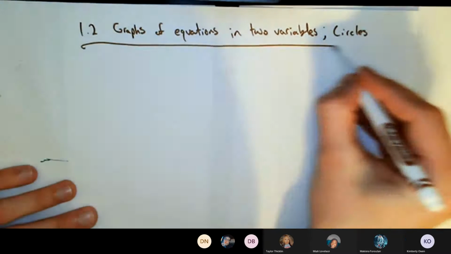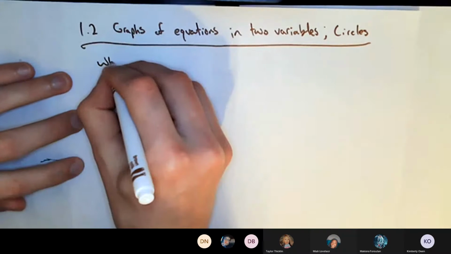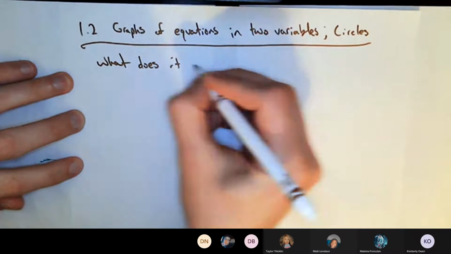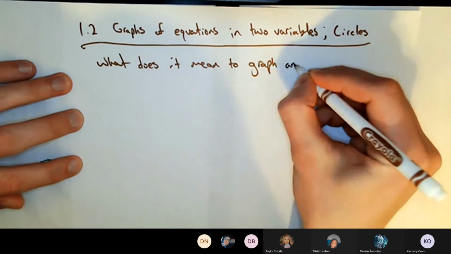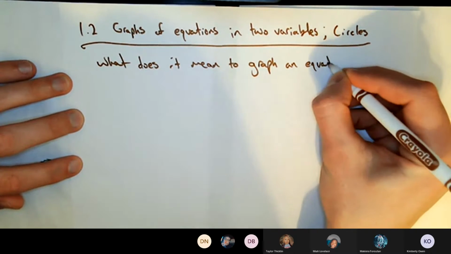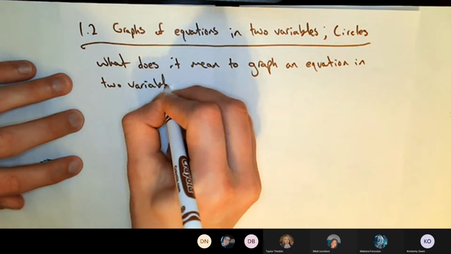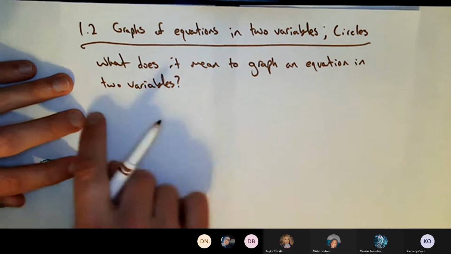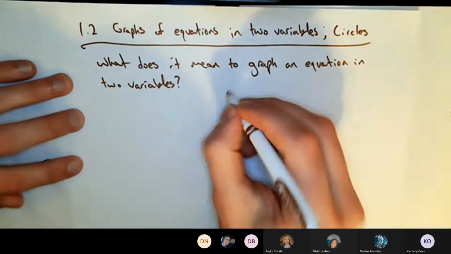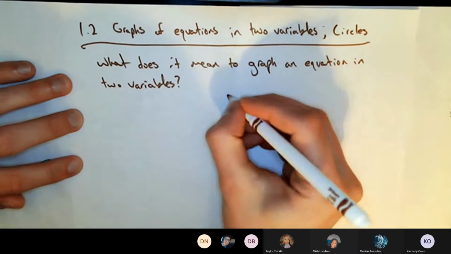So, all right, here we go. First of all, what does it mean to graph an equation? What does it mean to graph an equation that is in 2 variables? Well, first of all, what is an equation in 2 variables? There's lots of different examples, but I could say an example of an equation in 2 variables would be like